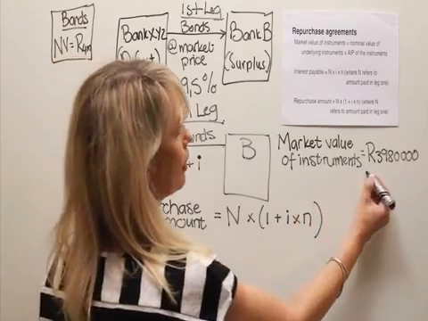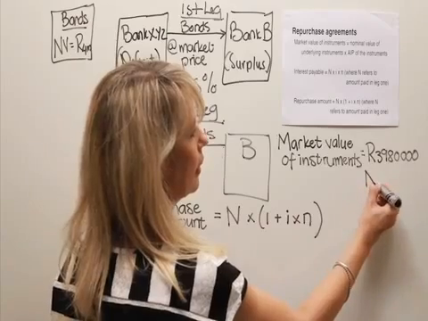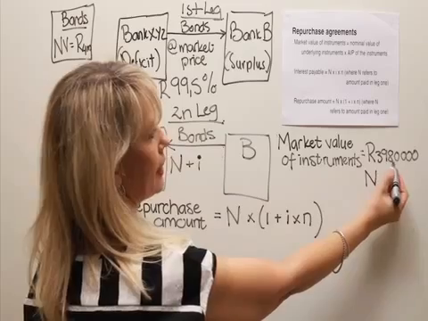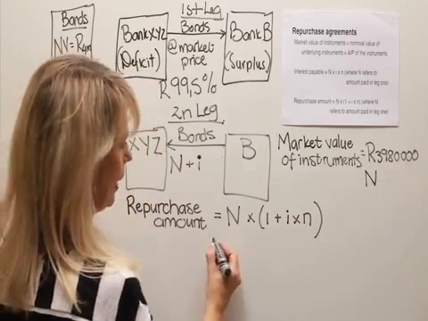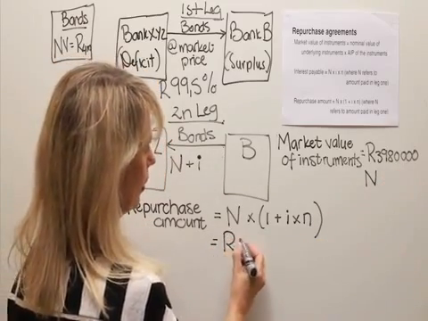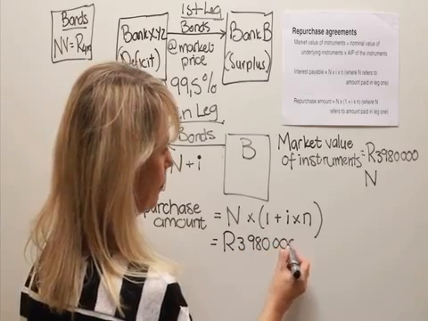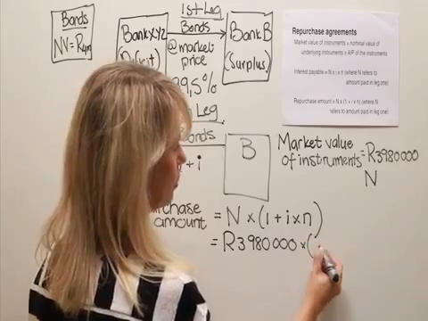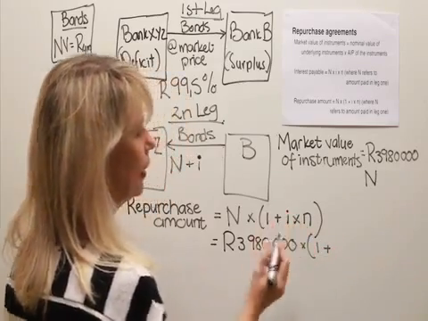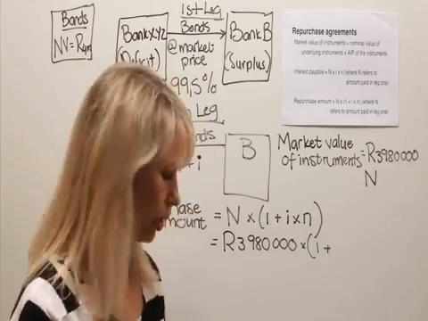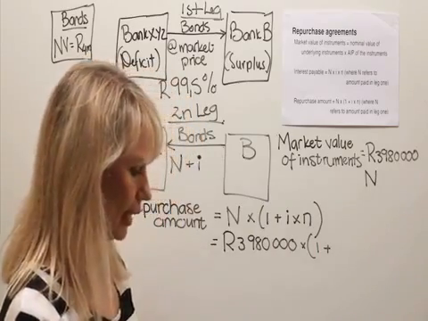Now I've written it down here. We've calculated that in section A. That's that 3,980,000 rand. So N is going to be 3,980,000 rand times 1 plus I. Now this I refers to the repo rate or repurchase rate, and it says here that